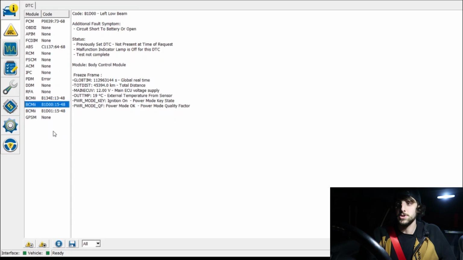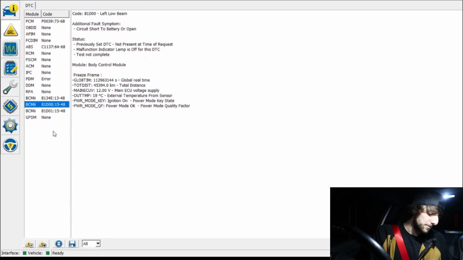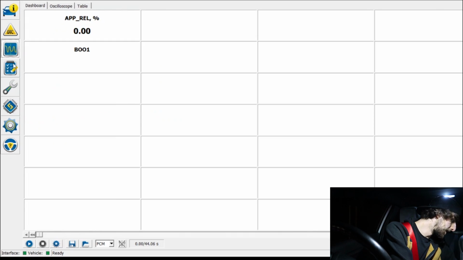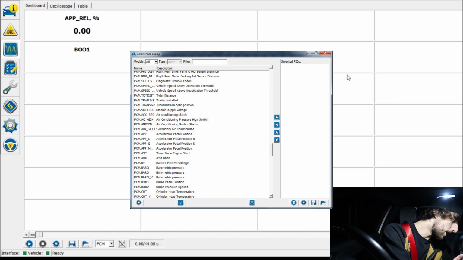Obviously I've installed a bunch of different products on my car, so the wiring to those certain areas might be a bit sketchy right now, but hey, for you guys this might help. One final thing I'm going to show you, I'm just going to run through the menu super quick now. This one here, all you've got to do is double click, and then once you've double clicked, you can select whatever